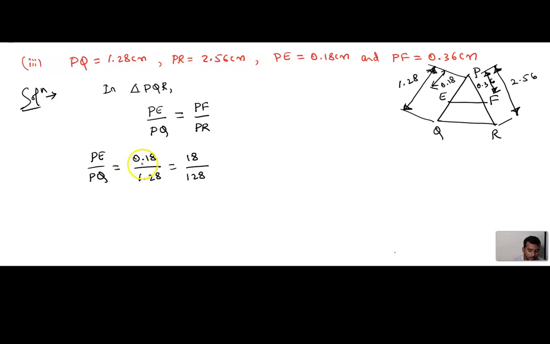अंडरस्टूड? ये पॉइंट को क्या करें बेटा मैं? 0.18. ये पॉइंट को क्या किया मैं? I have taken this point here. Again this 1.28, this point what I did? I have taken this point here common. Then if I have taken this point here, again here also, so 0.18 is nothing but 18, 1.28 is nothing but 128. We have shifted this point in both the sides commonly.